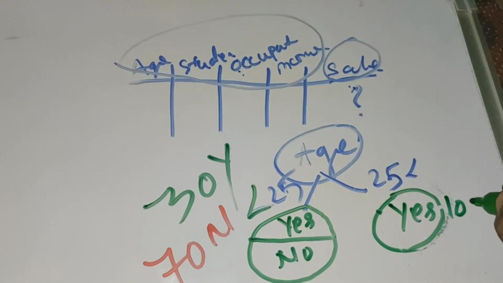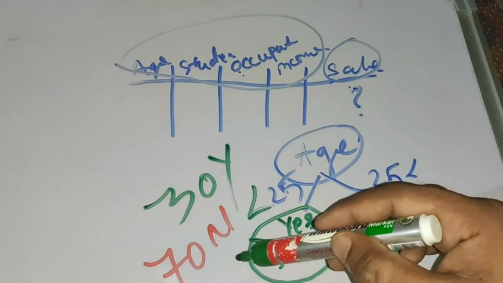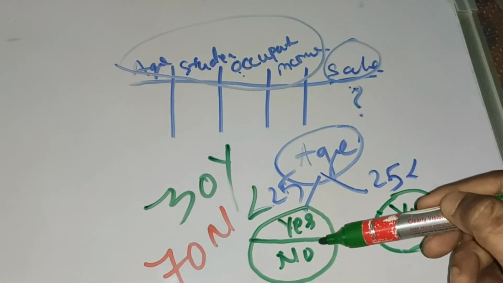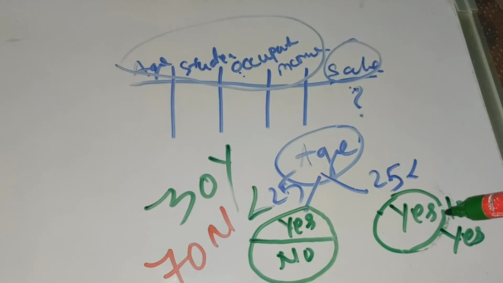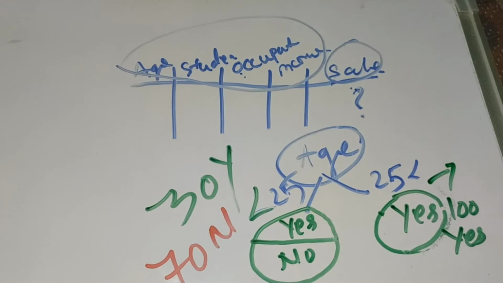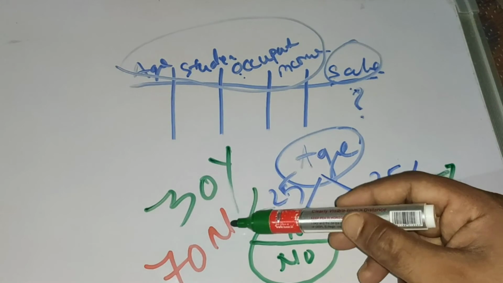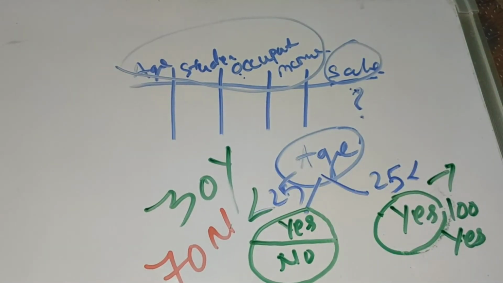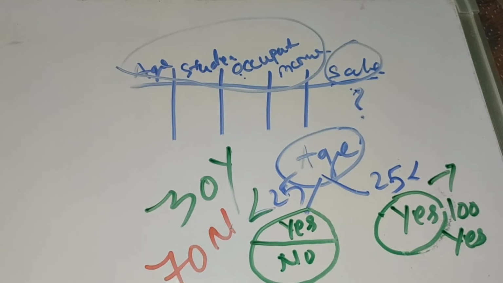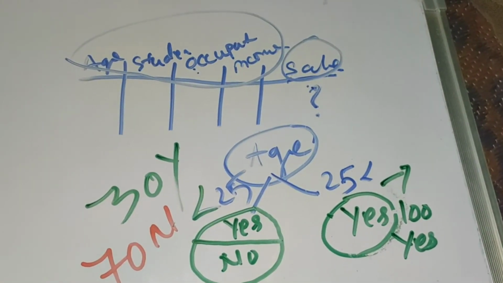So all 100 data, or whatever the data present, is only yes. Here on this side we can see a mix of yes and no present, and on this side only yes is present. So in this way this side will be a pure data set, purity is present here. This side it is impure. Impure means both no and yes are present here. If the node has an impure data set, then it can be split further. If it has a pure data set, then it has already reached a leaf node, and there is no need for splitting.